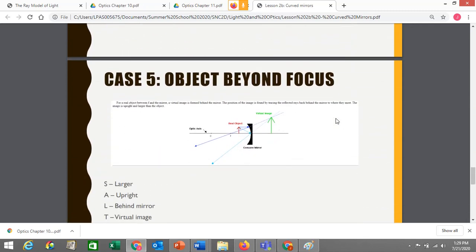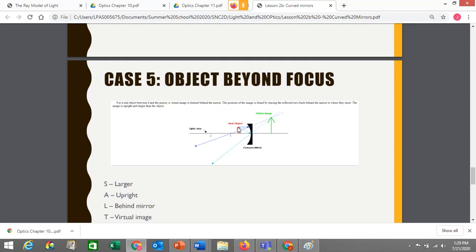What about if it's beyond the focus? We've been sort of starting out in front of the center of curvature, at the center of curvature, in between the center of curvature and the focus, at the focus. What happens if you put it in front of the focus? I mean, you get no image at the focus, so do you still have no image if you put it here? Again, if you have a spoon and you try this, you'll see the image flips around all of a sudden,